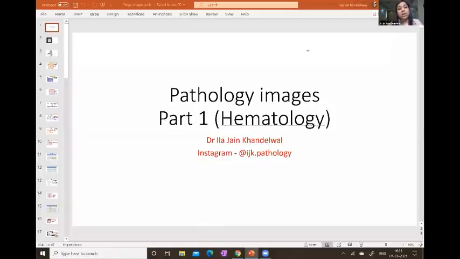So please focus on your basics. And even for FMG graduates, it is important to study in a very integrated manner. You have to correlate pathology with other subjects like medicine or surgery, etc. Correct? So without wasting any more time, I will quickly start with the images of hematology. I will try to cover all the images which are asked in the MCQ exams and which will help you to solve the questions, correct?